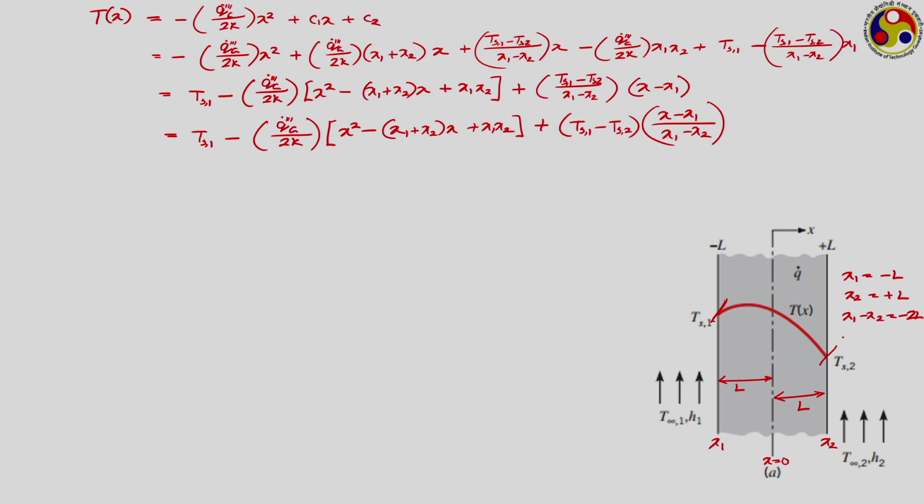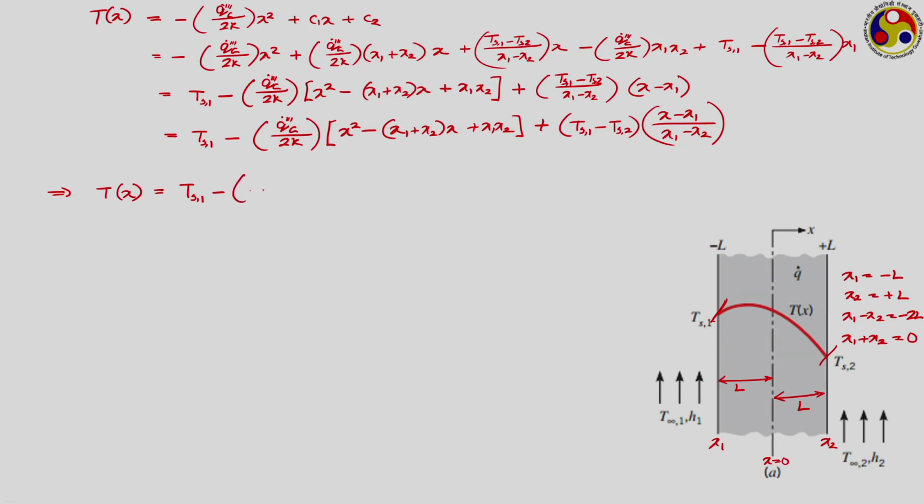Let us try this out. Also, I should add here x1 plus x2 then becomes equal to 0. So, if we put this particular form, then for the temperature at any x location, you have to remember that here x is defined with respect to that central line. So, any location on this side of the central line will have a positive value of x, whereas any location on this side will have a negative value of x, and x equal to plus L and x equal to minus L are the two extreme locations. So, in that case what will be your expression for temperature profile?